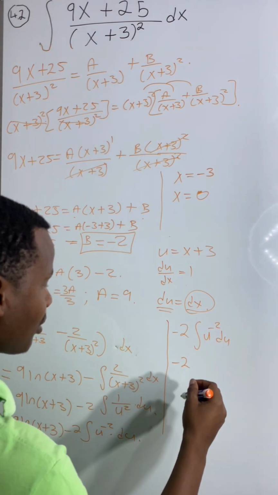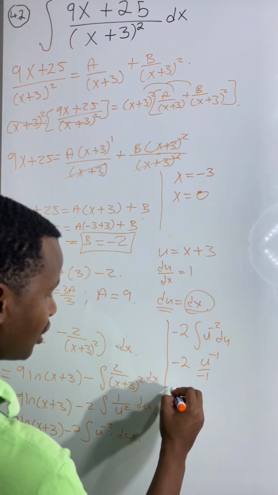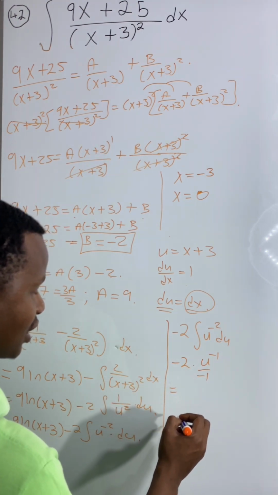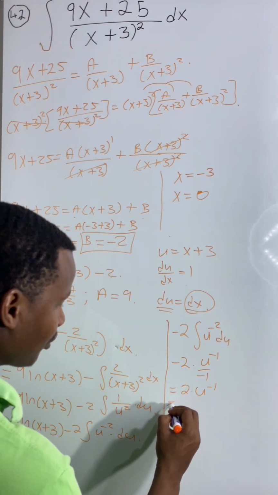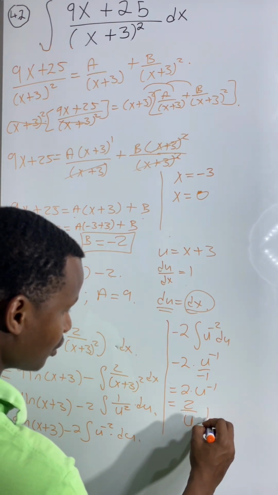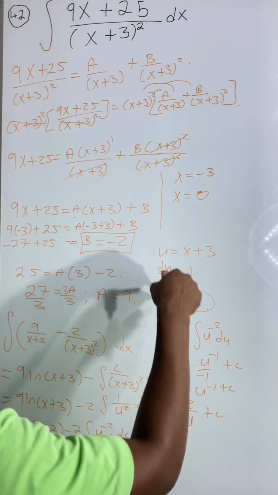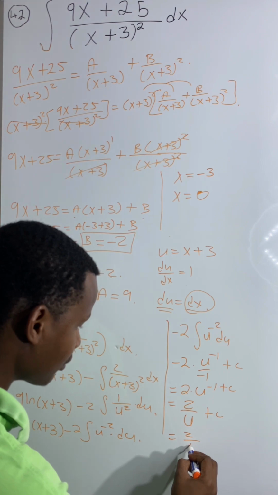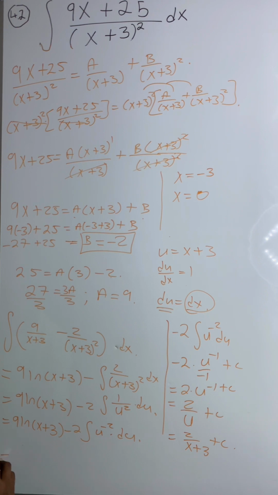So integrating u to the power negative 2 gives us u to the power negative 1 divided by negative 1, and negative 2 divided by that negative 1 will be equal to positive 2 times u to the power negative 1, and we can rewrite this as 2 divided by u, and we know that our u is equal to x plus 3. So let's substitute this